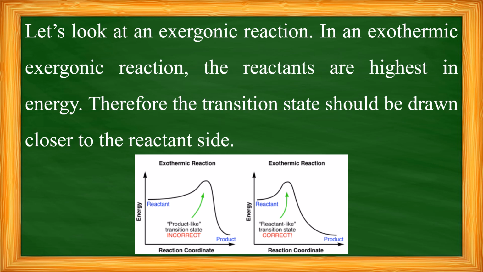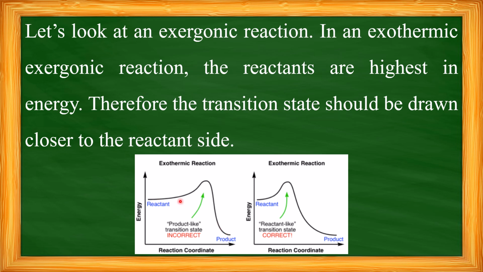In all exergonic reactions or exothermic reactions, the reactants are having higher energy than the products. Therefore, the transition state of the reaction should be drawn closer to the reactant side. See, here I have shown two energy profiles for exothermic reactions. So here in the first picture, this is representing the energy profile of exothermic reaction, where reactant has higher energy